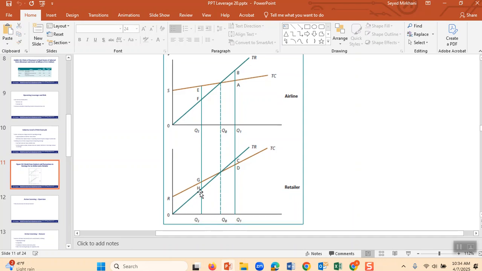For the retailer at Q2, the difference between H and G is small, so if you don't reach your break-even point, you lose only a little money. Those poor airlines have to pay for their rent and for the airplanes, therefore they have a lot of costs. That's why at the beginning they were losing a lot.